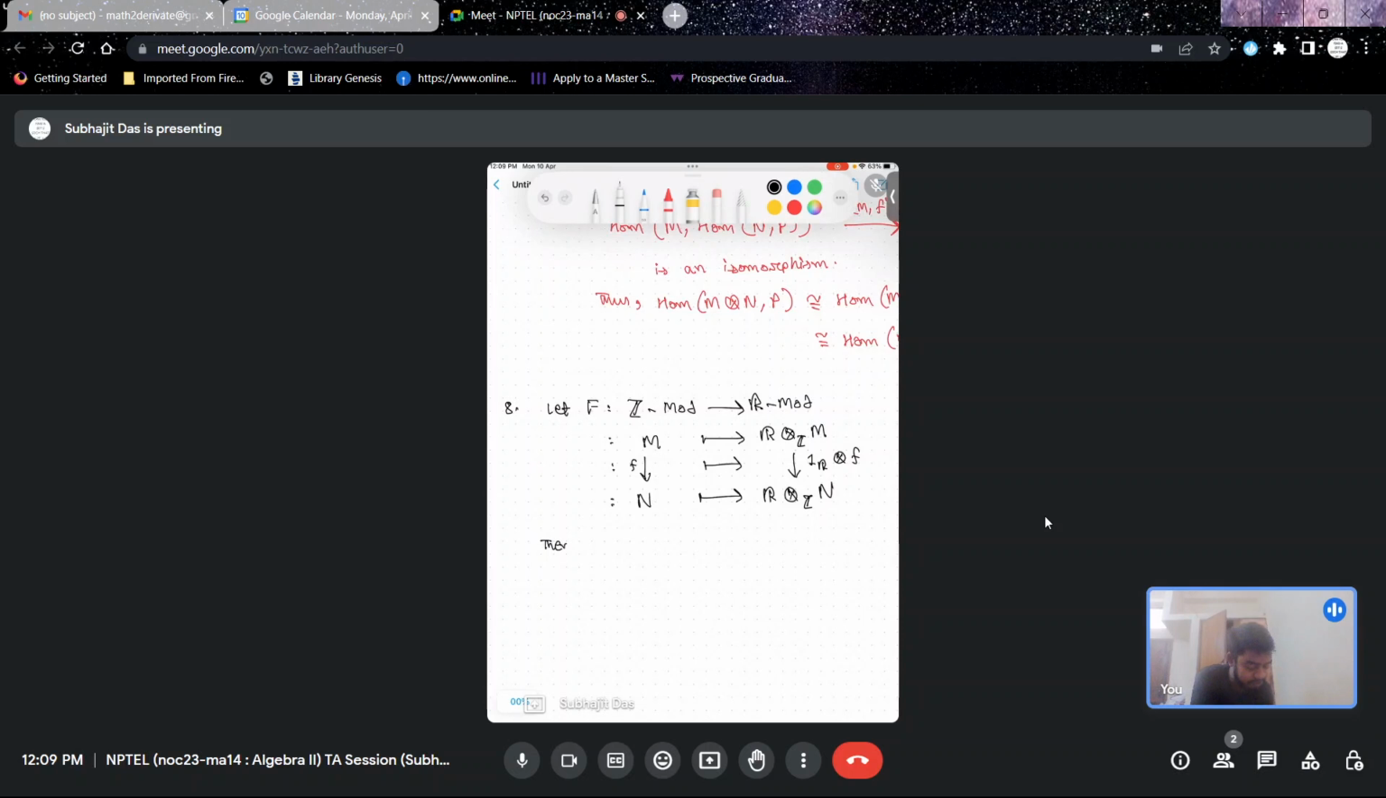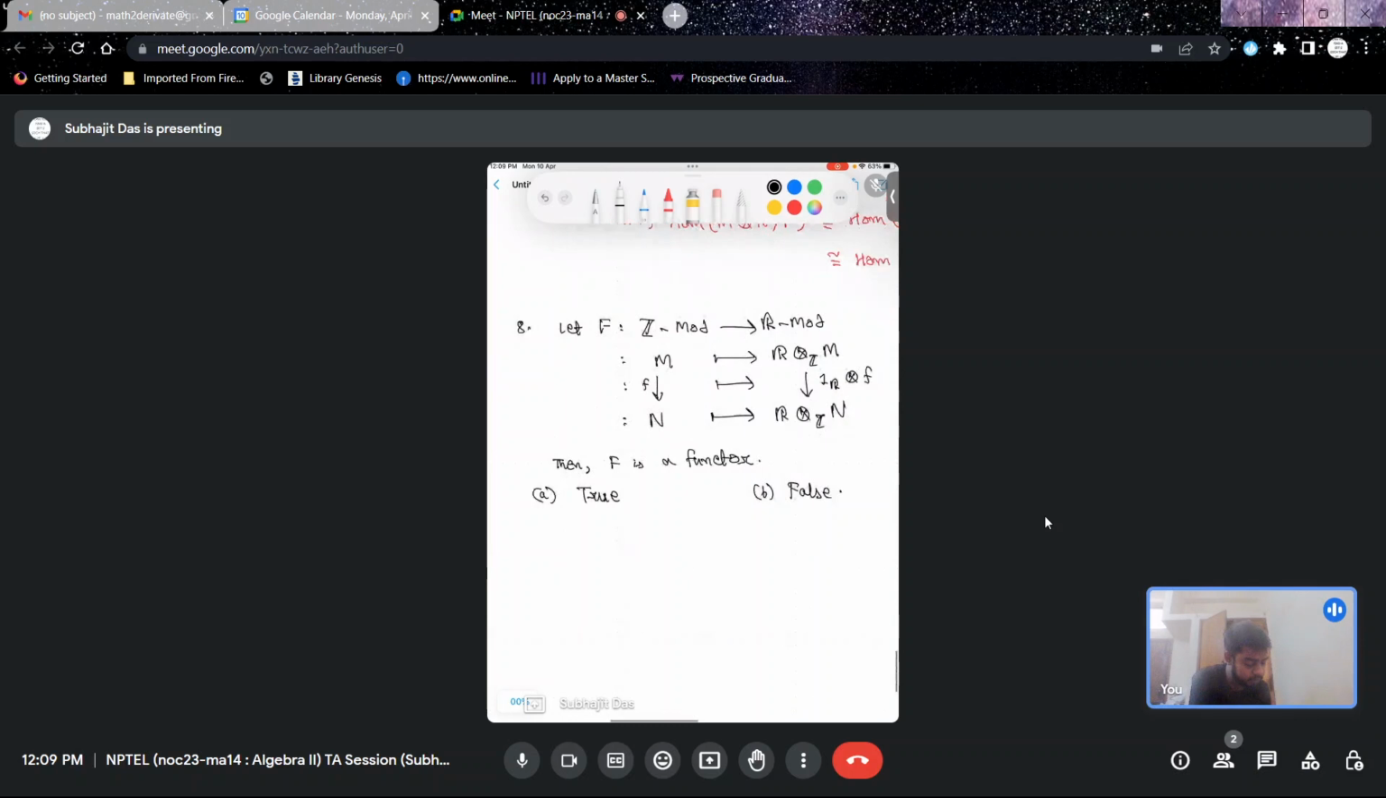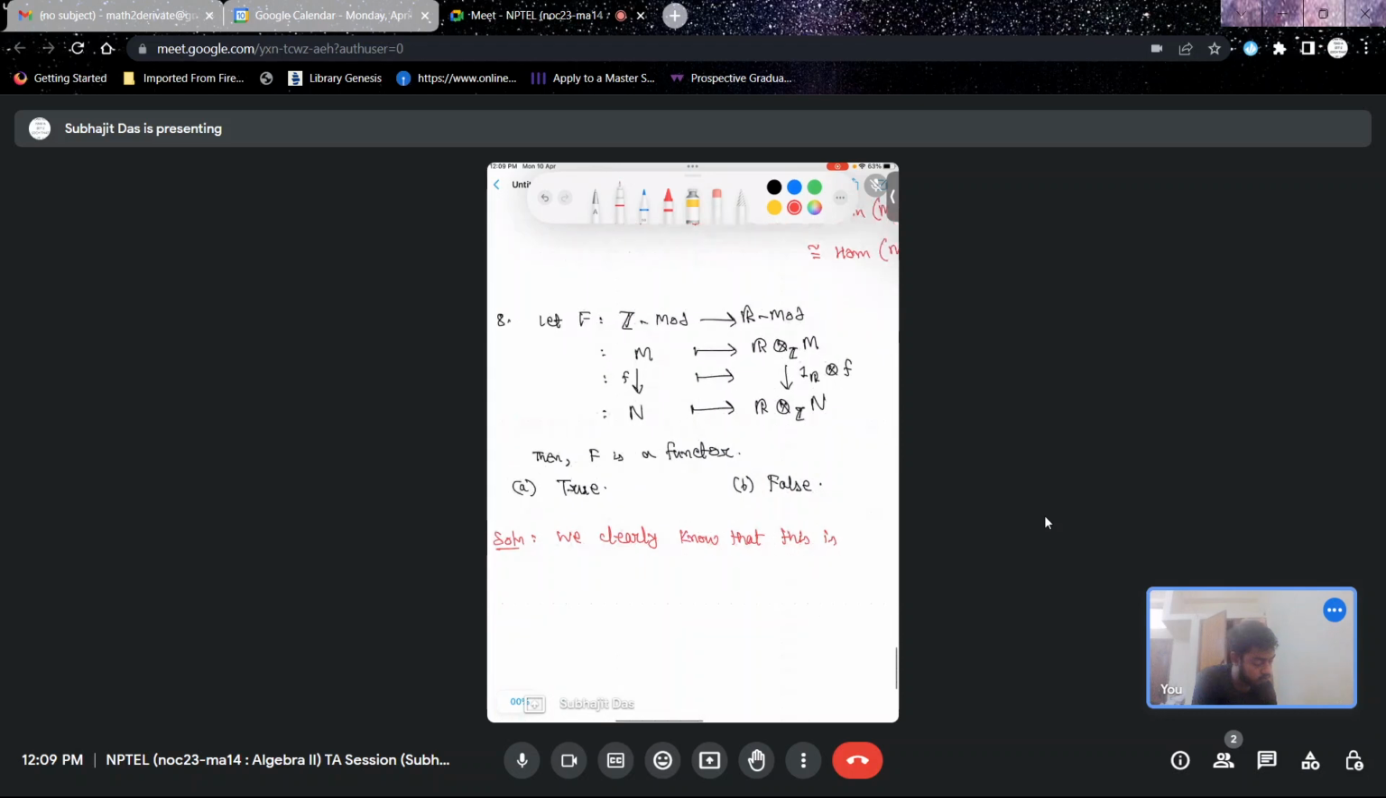So the claim is that F is a functor or not. I mean this is very easy. I mean there was no need to write this problem. And F is a functor. Option E is true and option B is false. So solution, we clearly know that this is true,